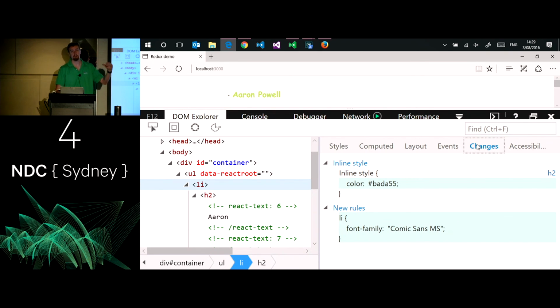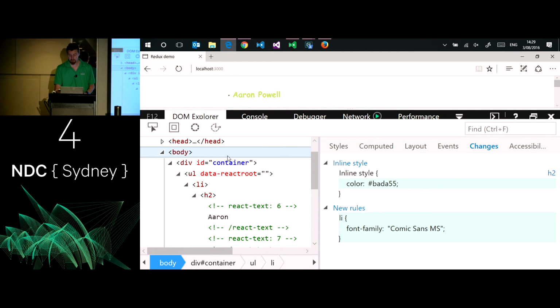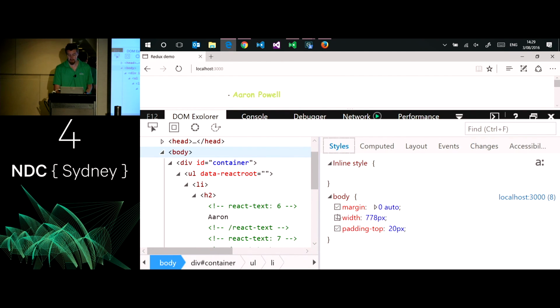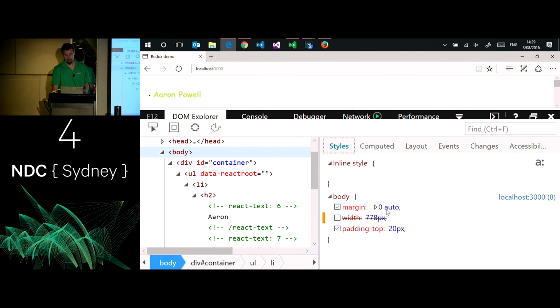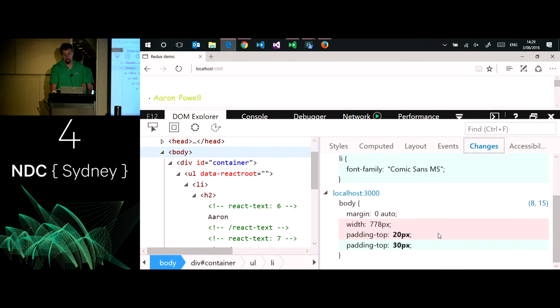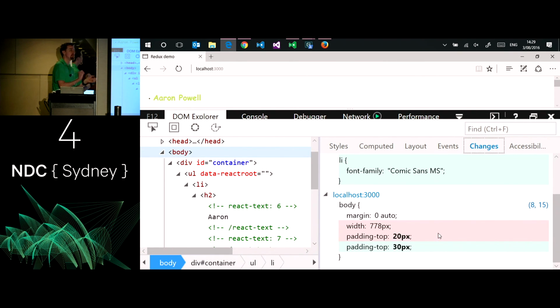So green ones are things that have been inserted. If I came up to the body styles, let's remove that width. I'll see down here I've got something red that was removed. Let's do padding top to 30. And we get a very accurate looking diff. Like this is the diff that you would see inside of any decent diff tool, the red-green